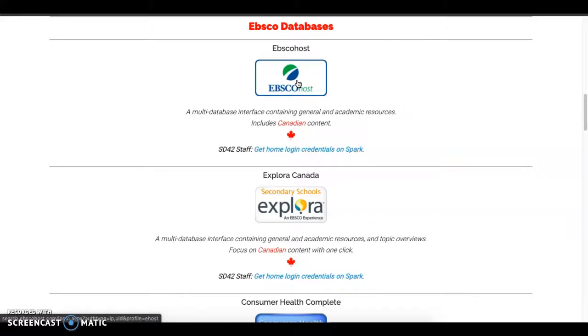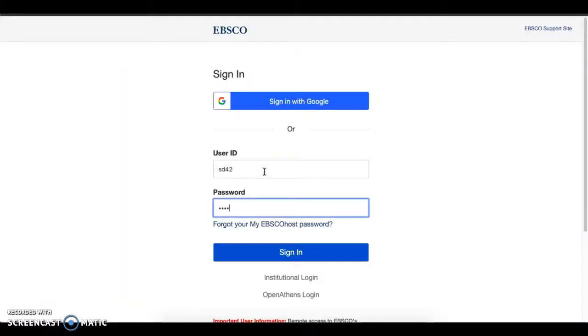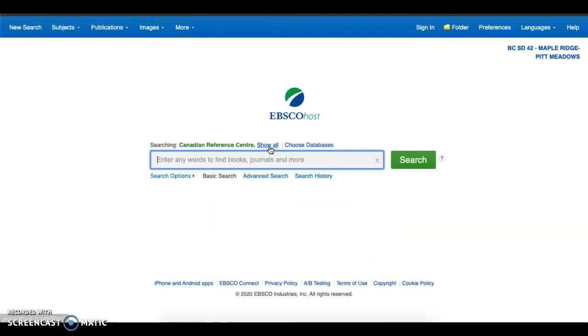So when you click on the link for EBSCOhost, you can just click there and enter this database. So this database is a compilation of information from bazillions of magazines, newspapers, scholarly journals, encyclopedias, all kinds of things, all in one place. So if I search a really broad topic, let's say I search global warming,